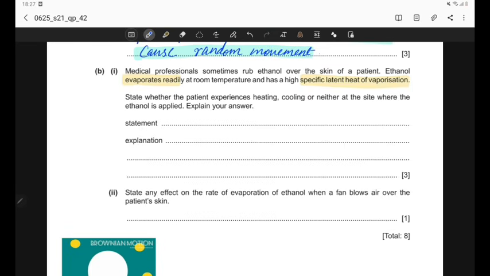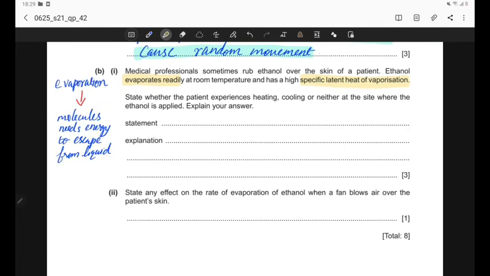the first point we can mention here is evaporation. So for evaporation, the molecules need energy to escape from the liquid. This is how evaporation happens. And from where do these molecules gain energy? The molecules gain energy by absorbing thermal energy from the skin. So this is how the patient experiences cooling, because the ethanol molecules, in order to evaporate, take thermal energy